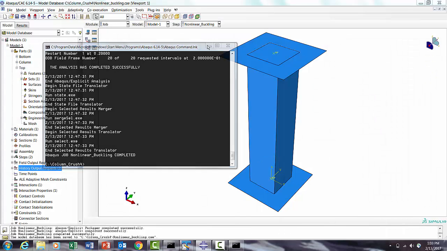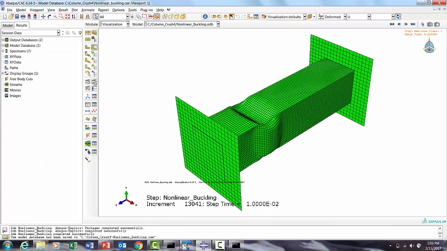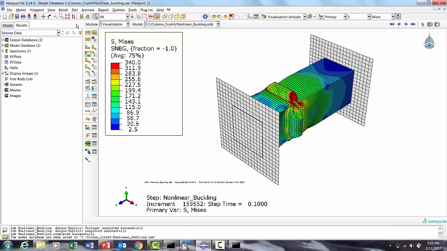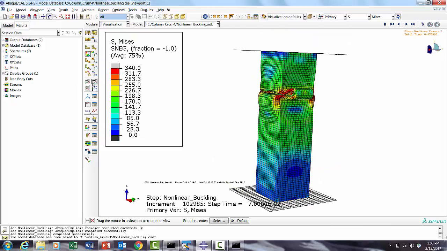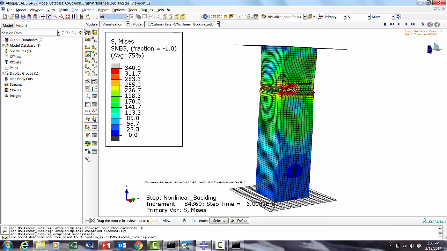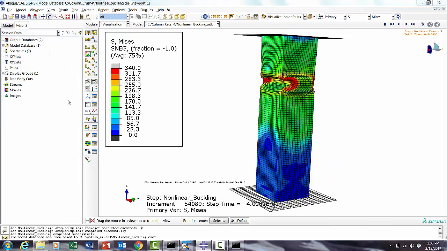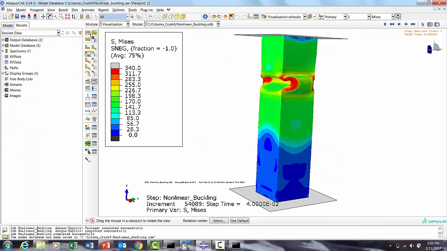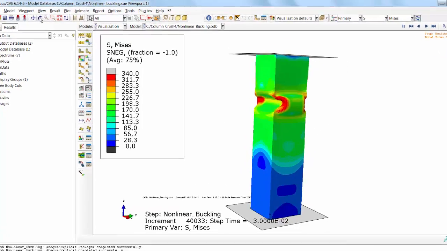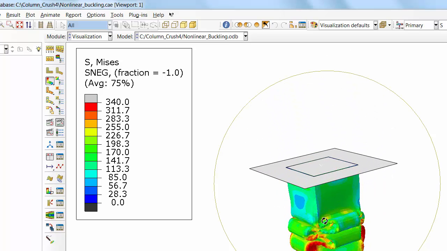So the job is just completed. So let's check into results. So if you look, you created all the folds, and then you can see the post buckling also we are able to capture. So you get buckled, and then